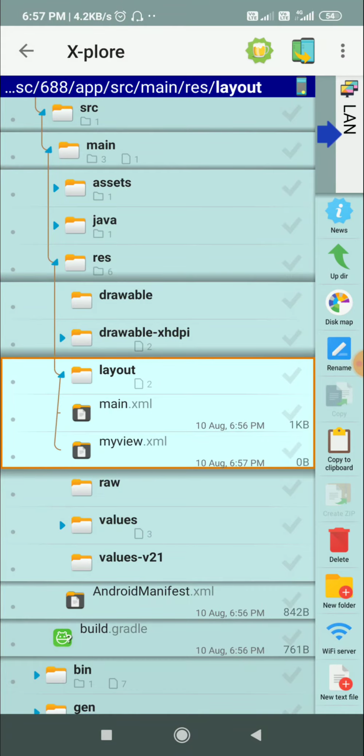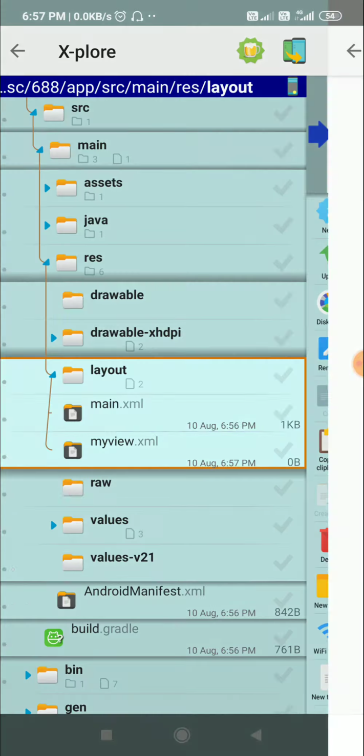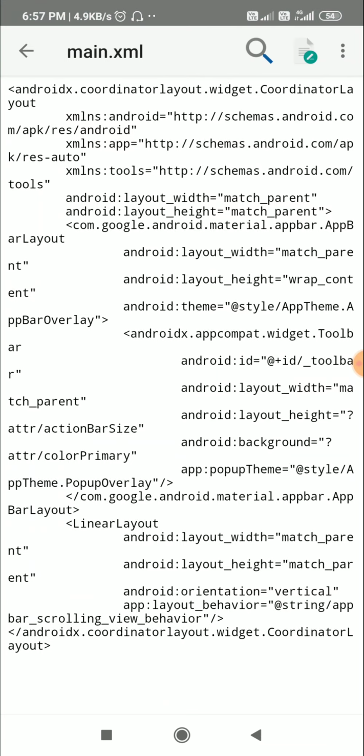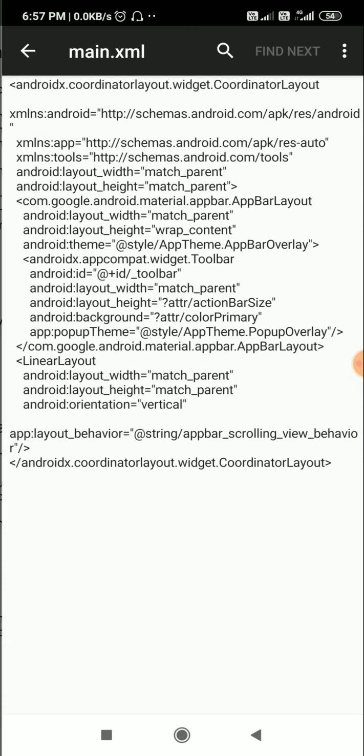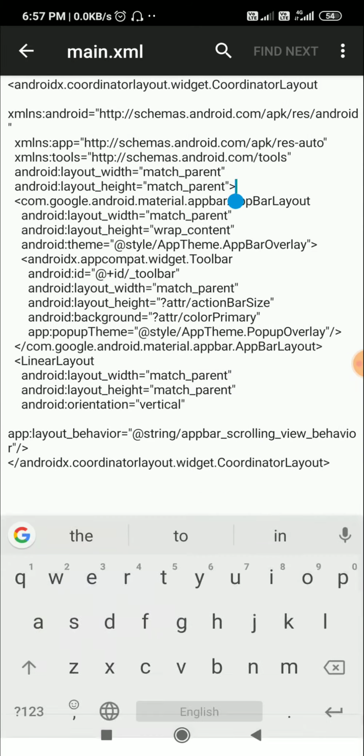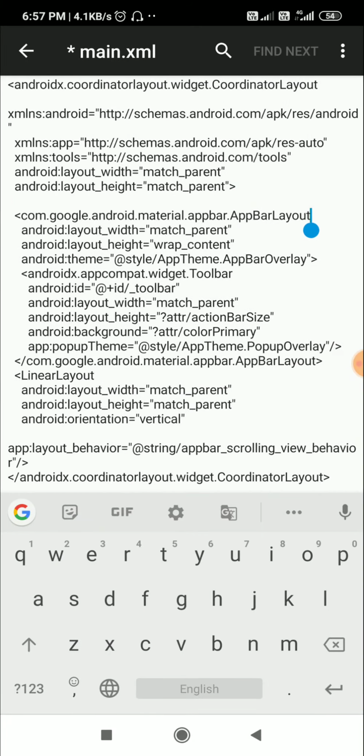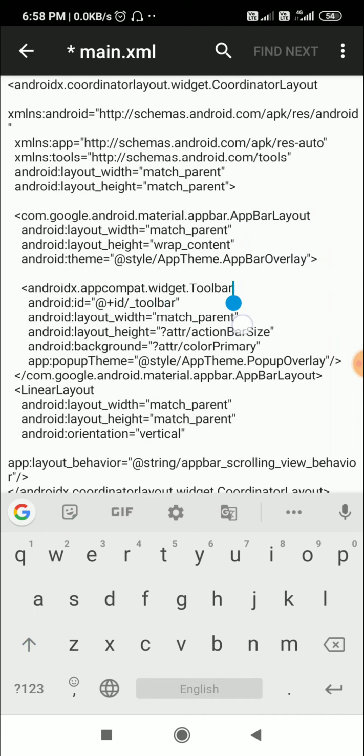Now inside this, first we need the coordinator layout and the app bar. So I will go to main.xml. It contains code for coordinator layout, and inside this coordinator layout there is this app bar layout, and this app bar layout contains the toolbar.